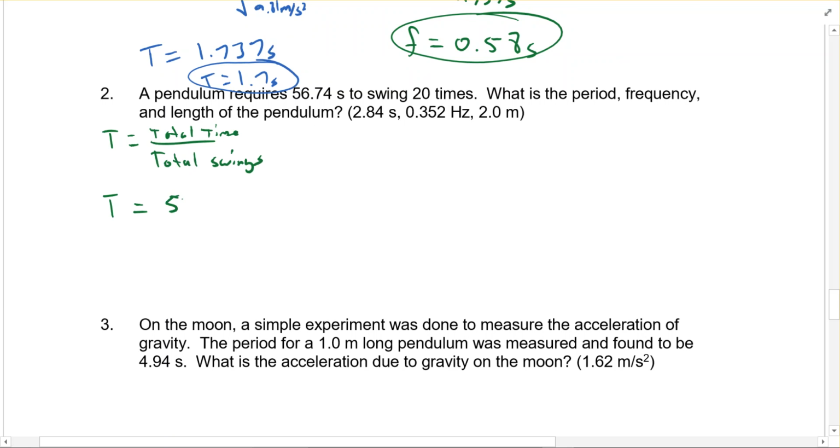So 56.74 seconds divided by 20. So our period is going to be 2.837. So it's going to be